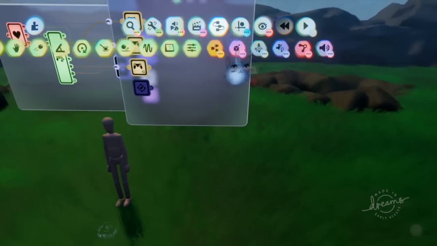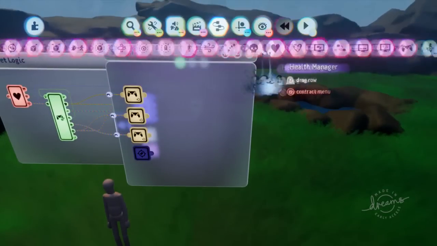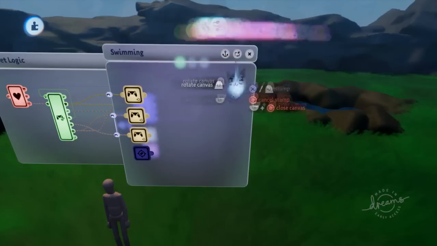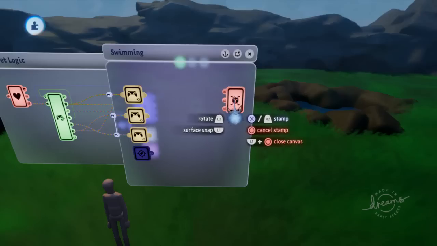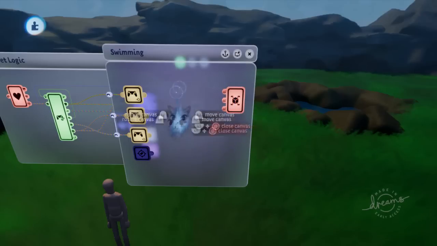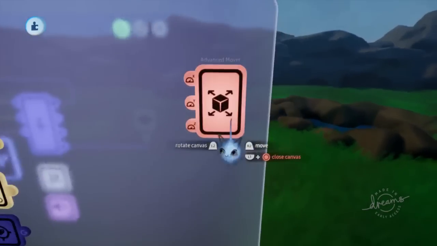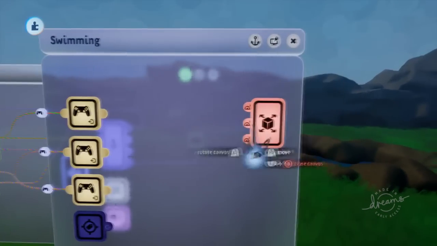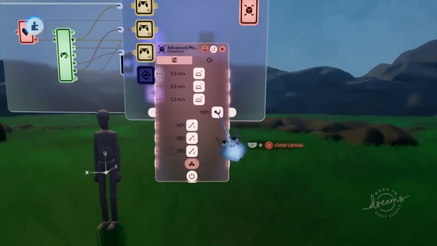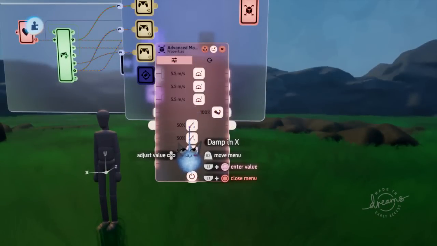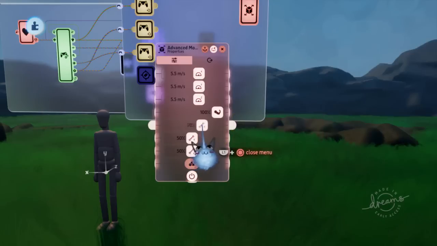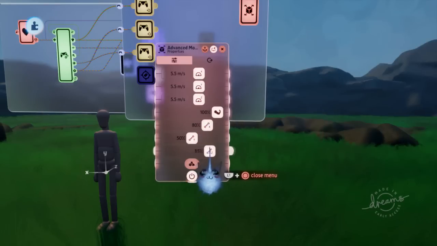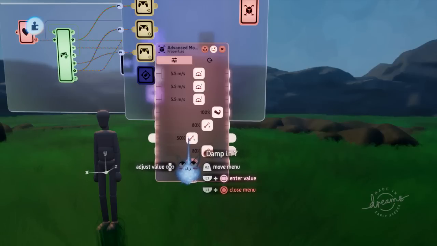Alright, now I'm going to get an advanced mover from our movers and output section. And what this is going to do is actually move us around. We really only need this one mover because it does everything we want. We're going to open the properties of this. We're going to set the movement strength to 100%. You're going to set the damp in X to be about 80%, and the damp in Z to be 80%, and the damp in Y